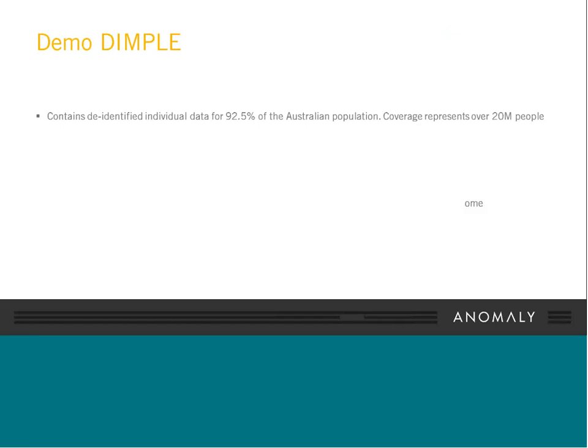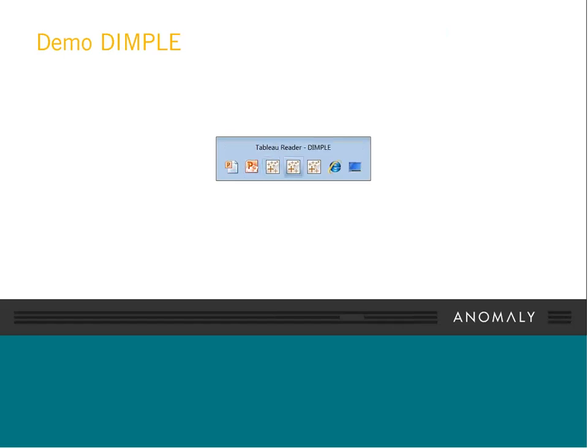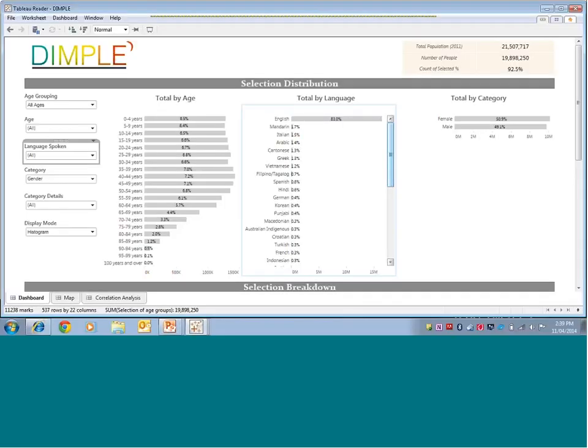So I'll now just switch over to Tableau Reader to show you an offline version of DIMPLE. So this is the front end of DIMPLE. I'm using Tableau Reader, but we have published this online onto the Tableau server. And we've published it on our private server, so if you need access to it, you can request it through me. What we have on the left-hand side is three filters to select the target information or the target people or target population that you're interested in.